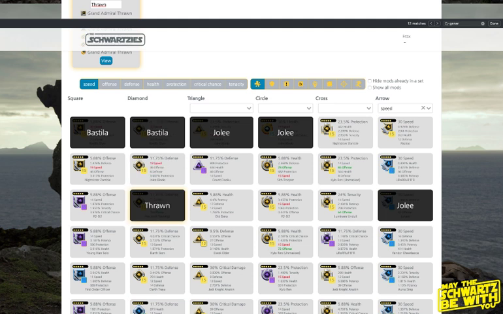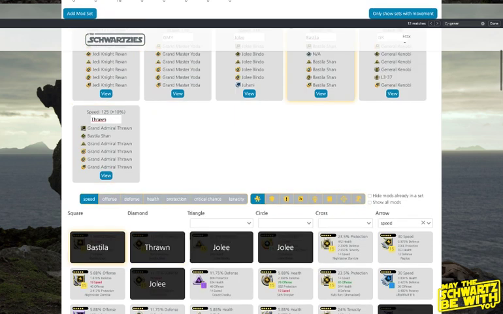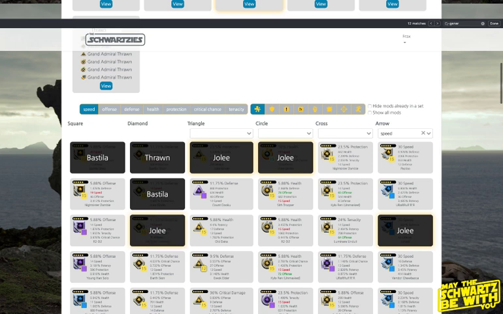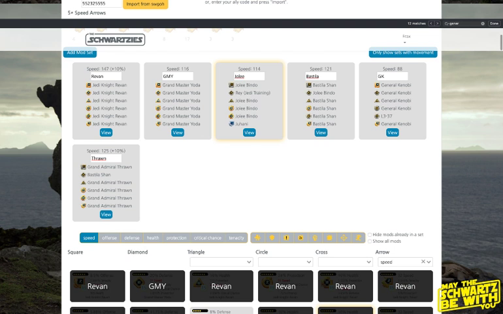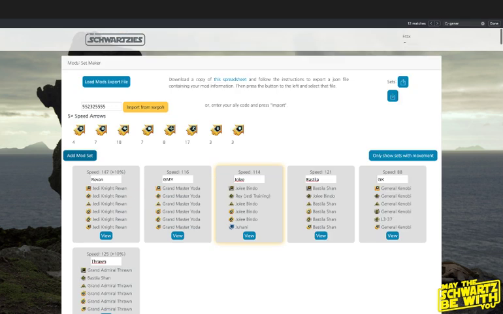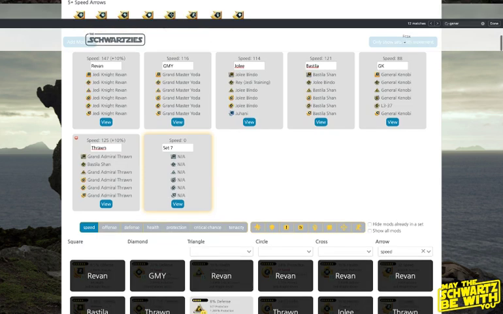Not on Thrawn. Whoops. I'm gonna give Thrawn Bastilla's because hers is plus 20. I'm gonna slow her down 1, and I'll slow Jolie down 5. And let me just unfilter. And so now I have this plus 20 diamond that I can use elsewhere and actually give a good speed boost to someone lower down my roster. For sure. I think that's a great mod. Yeah. All right. So now my Thrawn is sitting here right where he is currently, but just with 1 mod